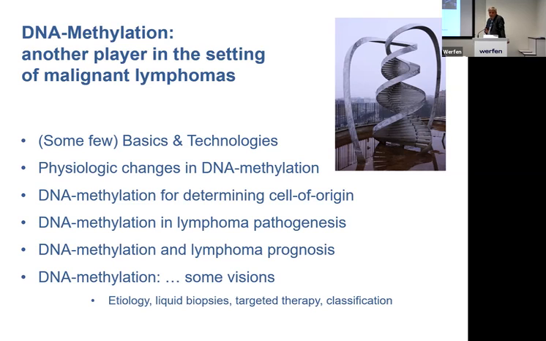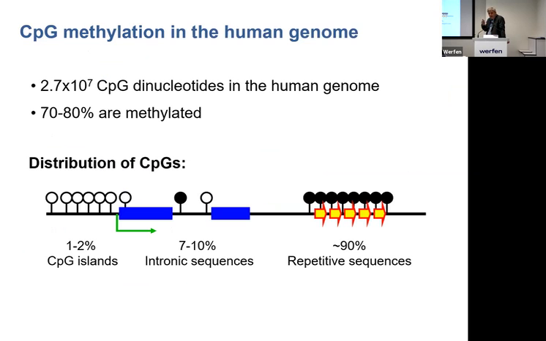But let's start with the basics. Methylation, a modification of DNA, usually takes place at CpG dinucleotides. There is also methylation on other nucleotides, but that's the most frequent, and that's what we determine. The number of CG nucleotides in the genome is quite exhaustive, and around 70 or 80% are methylated. We can distinguish between methylation in or in front of genes and besides genes in intergenic regions.